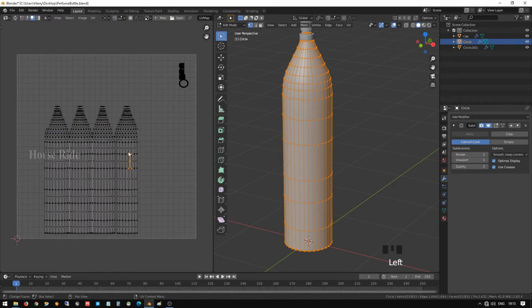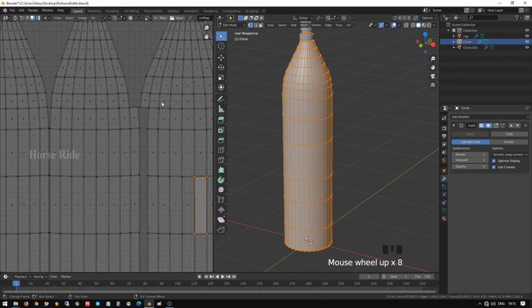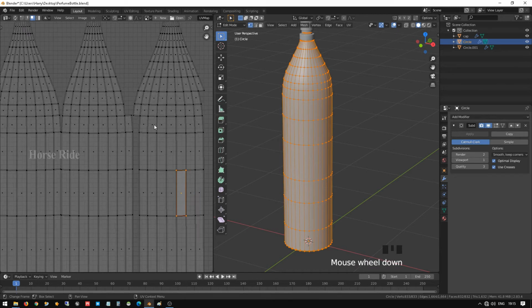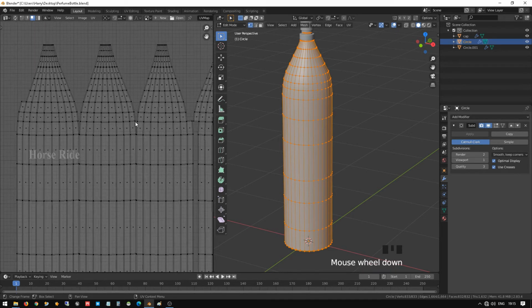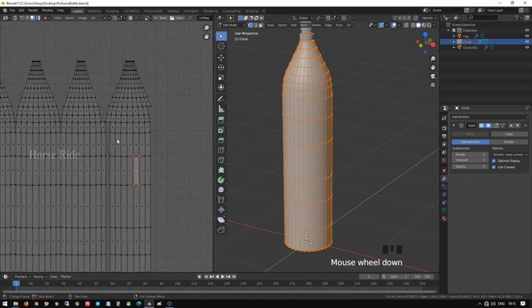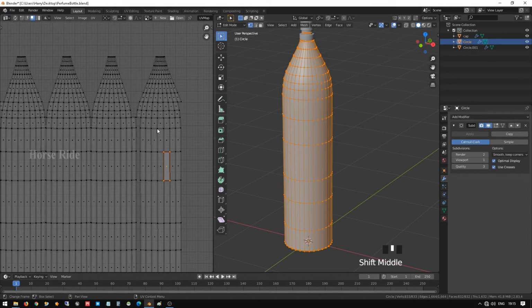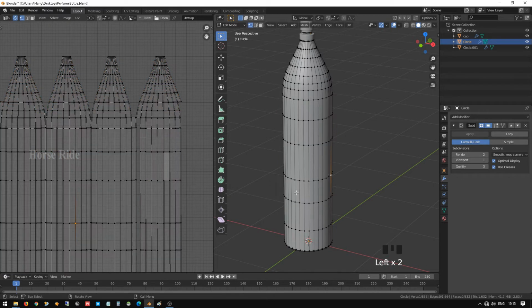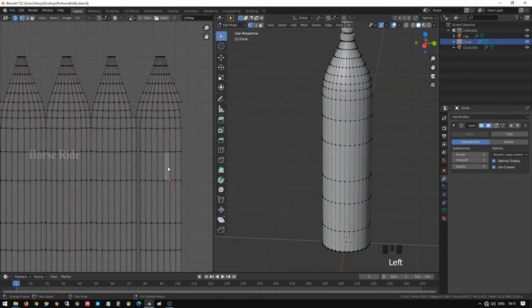Here we have to check that everything is unwrapped correctly. So here you can see one by one. I click the synchronize button here at the top. Now I select this face.